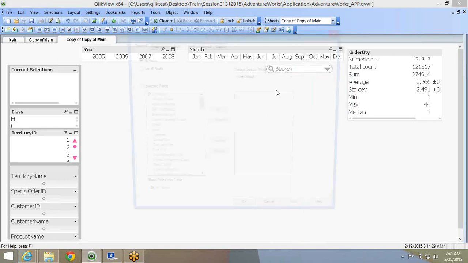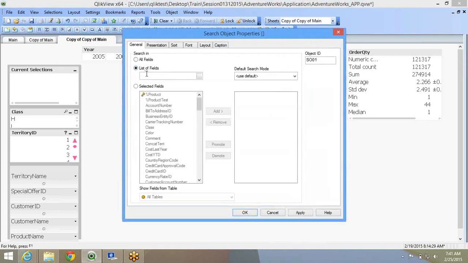Similarly, if you go to the properties, you have list of fields. You can give a list of fields, but this is not really commonly used. But selected fields is commonly used. Selected fields is nothing but you can choose particular fields.